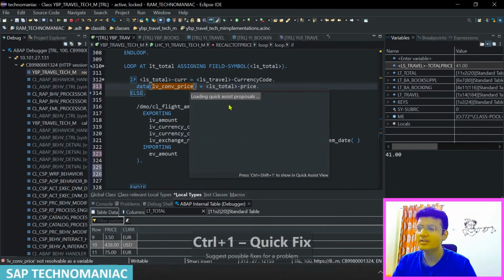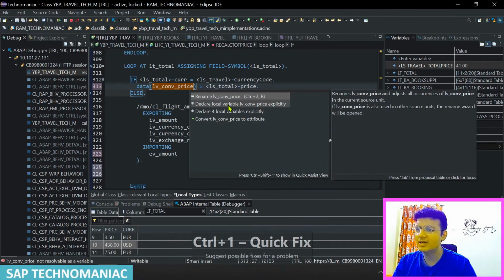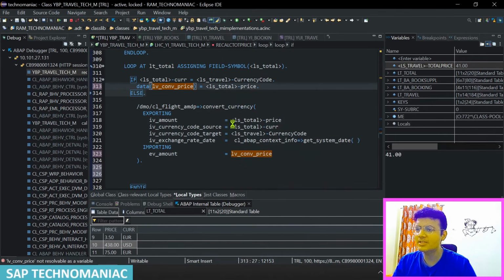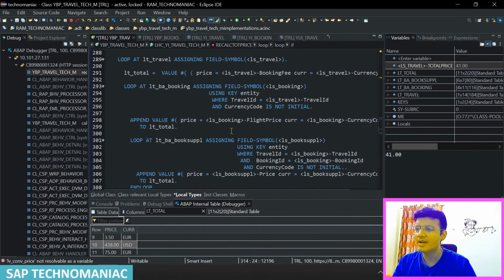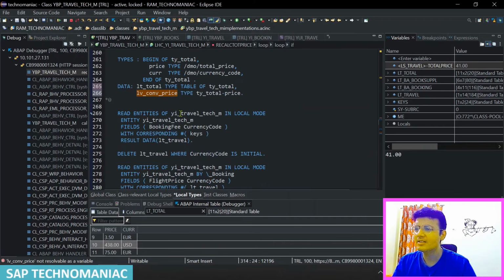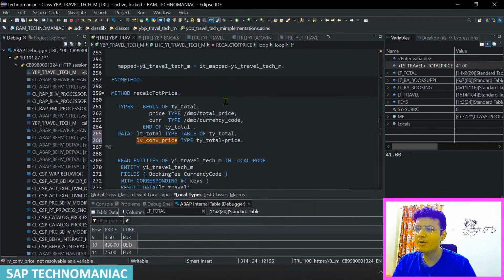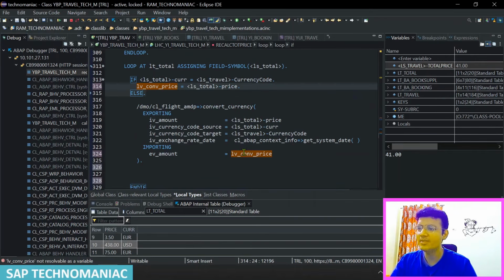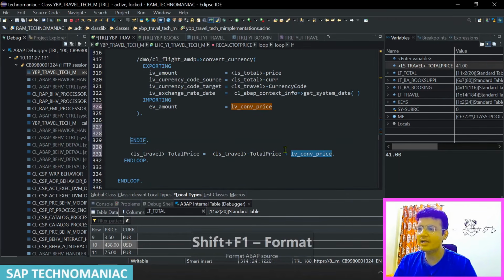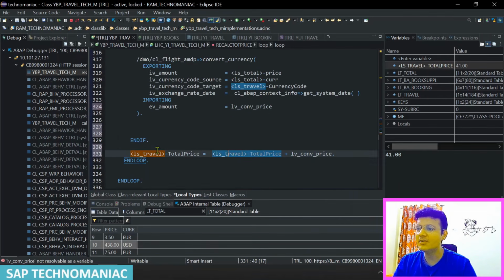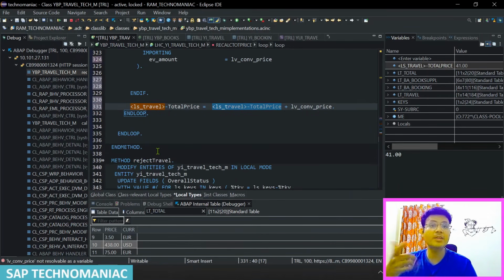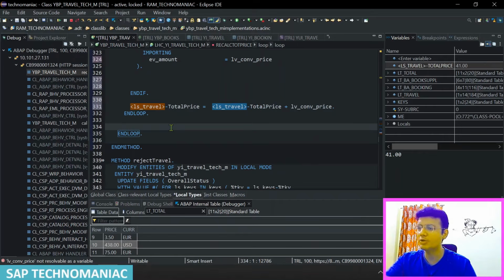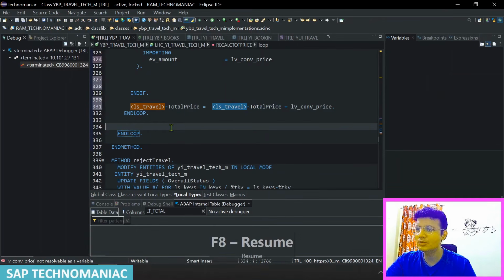Control 1, declare this local variable explicitly, and it will be declared here somewhere, and this should be type of ty total price, that is ty, that's correct. Okay, step F1, and I am finally adding whatever price we are getting to the total price, and once everything is done I have to update also. So I made a mistake, let me do F8, so avoid that one. What mistake did I make,